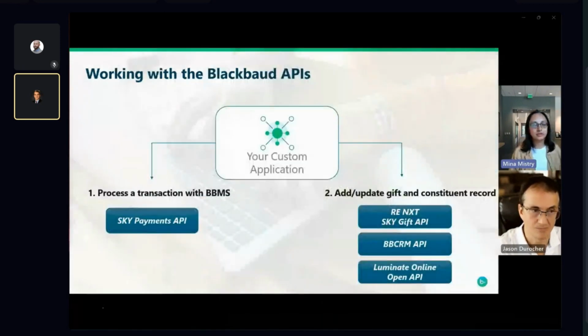One of the common follow-up questions we get about using the Payments API is that once a payment has been processed through BBMS, how can I get that payment recorded in my CRM application? I want to explain a very simple concept here with this very simple diagram, which is intended to illustrate that the Sky Payments API, which we're talking about today on the left, is really just used for transaction processing. And using the Sky Payments API does not result in any transaction or gift or constituent information appearing